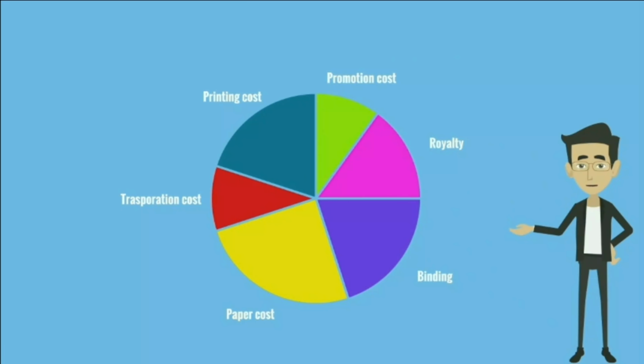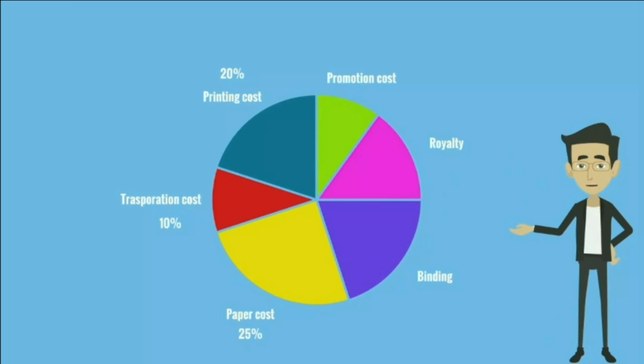That is, the expenditure incurred in publishing a book on paper cost is 25%, and the expenditure on transportation cost is 10%, and the expenditure on printing cost is 20%,